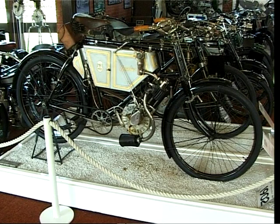Bayliss & Thomas, who produced this machine, are generally considered as being the oldest motorcycle manufacturer in the country. They were situated in Coventry, which at the end of the 19th century was at the heart of British pedal bike production and was the ideal site for the emerging motorcycle industry. The first powered two-wheelers produced by Bayliss & Thomas went on the market in 1896 using a 1¼ horsepower single-cylinder